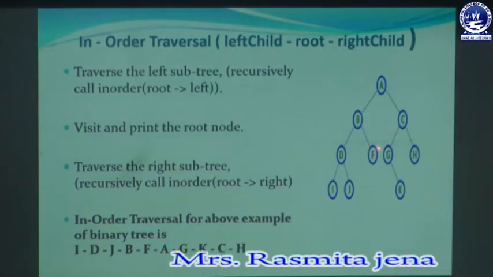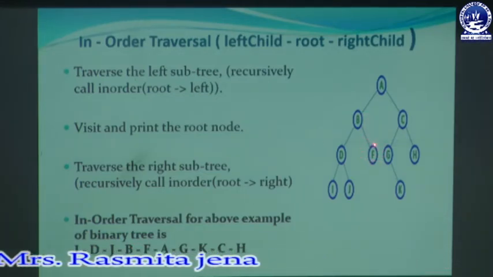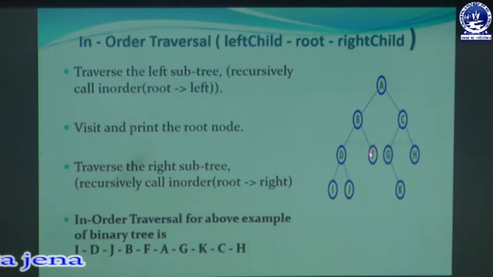So, the right subtree means this one, and in the right subtree there is only one node, that is F, which will be visited next. So, after B, F will be visited. So, next F is visited. Then after visiting F, you can see this left subtree. Okay, that means the left subtree for the node A is completely visited, or all the nodes that are present at the left subtree of the root node A are visited.